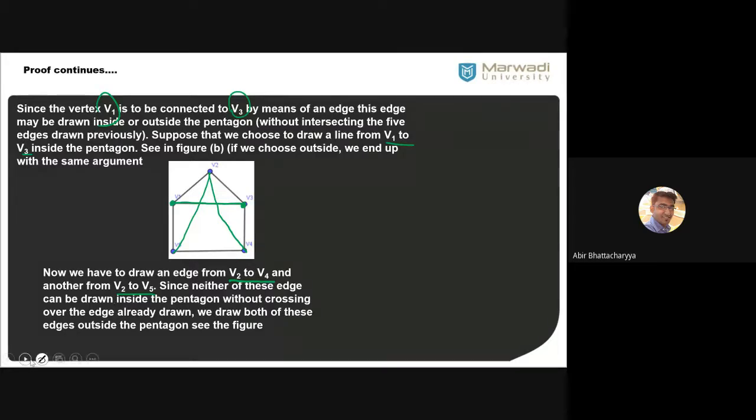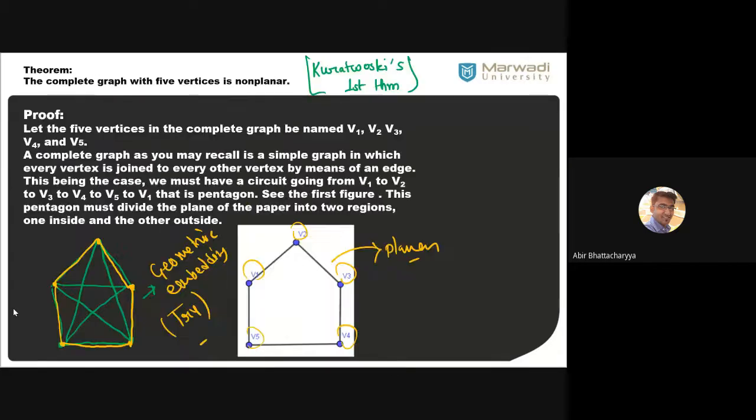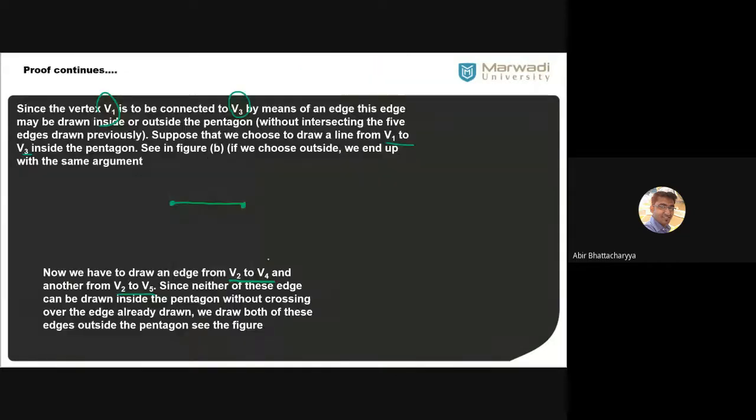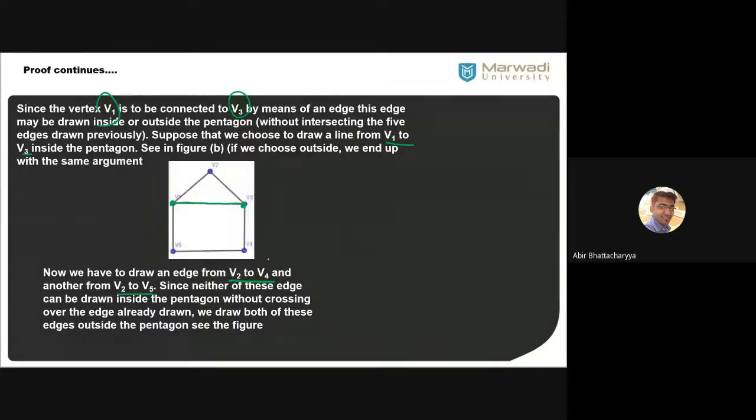So we cannot join V2 to V5 and V2 to V4 from inside. Inside means from region R1, outside means from region R2. So from inside we cannot join, but there is another possibility. From outside I can join. From outside I can join like this